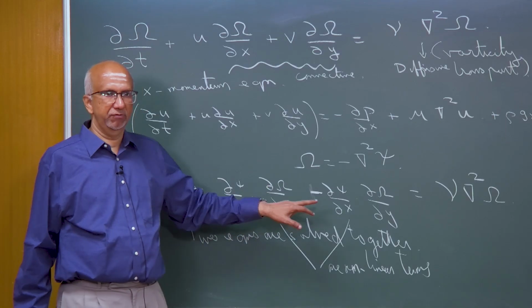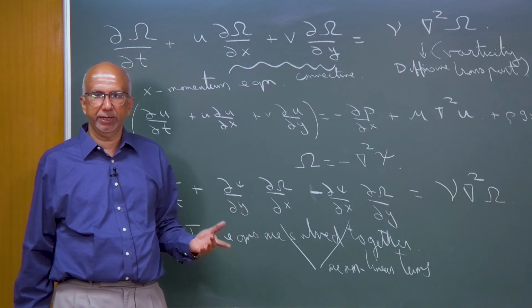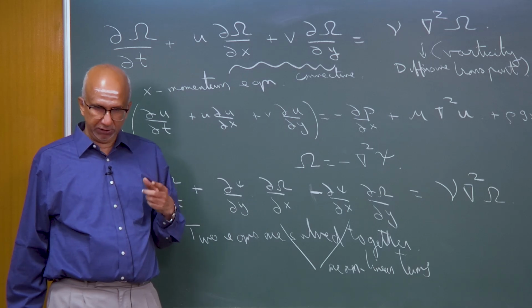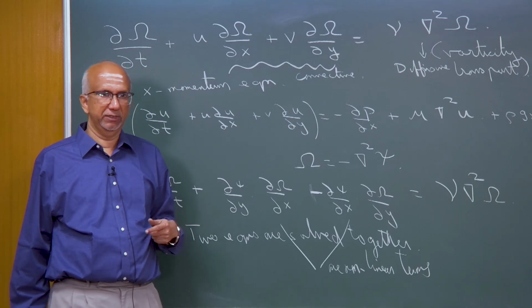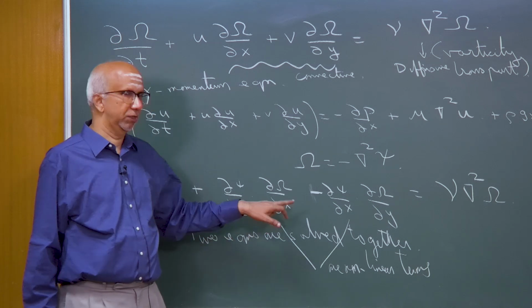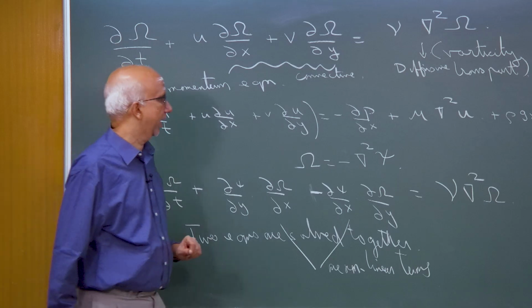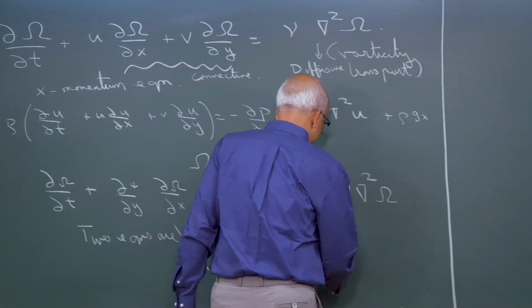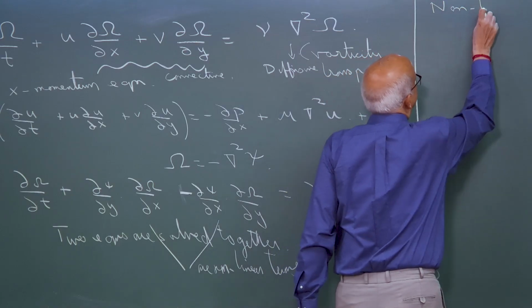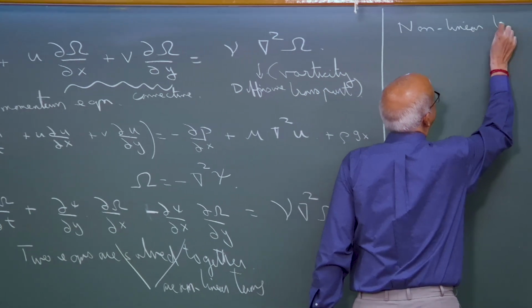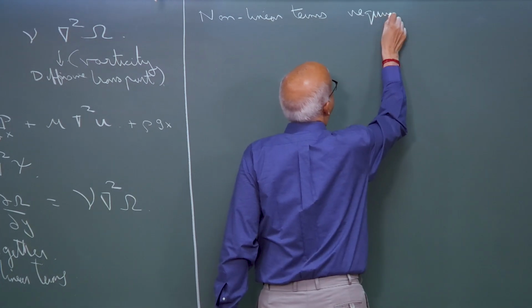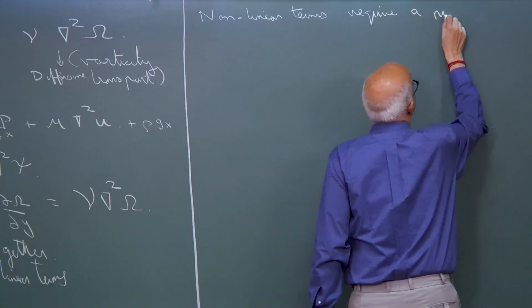If these terms vanish, they are not around, then the equation becomes linear. So, the source of the nonlinearity which causes the numerical problem when you are solving these equations, because of which you have to solve things numerically, are these two terms. Okay. And hence the nonlinear terms require a numerical